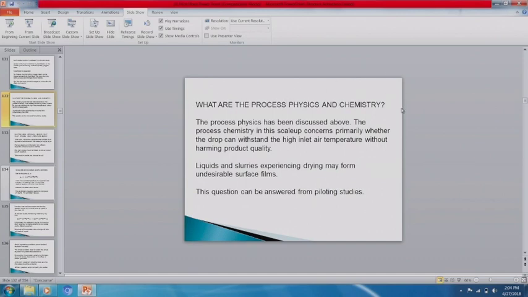What are the process physics and chemistry? Well, we talked about process physics here. Talk a little bit about the chemistry. The process chemistry in this scale-up concerns primarily whether the drop can withstand the high inlet air temperatures without harming the product. The first thing you want to determine in dealing with dryers, or one of the first things, is what's the inlet temperature? Basically you want the inlet temperature to be at such a level as to not harm the product. So you have to run tests on that. That has to be answered by